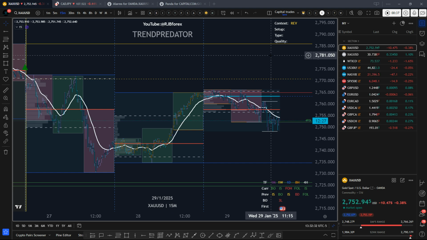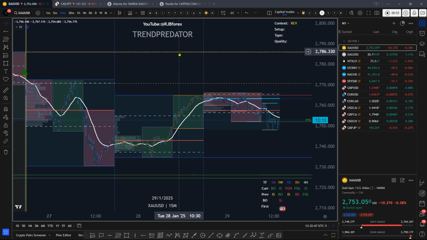momentum and trend in the market according to where the price is relative to where it was yesterday, last week, last month. So the way I approach the market is I look at the highs and lows of those time frames. So there's the month, the week, the day, and this trend predator indicator, which by the way is up